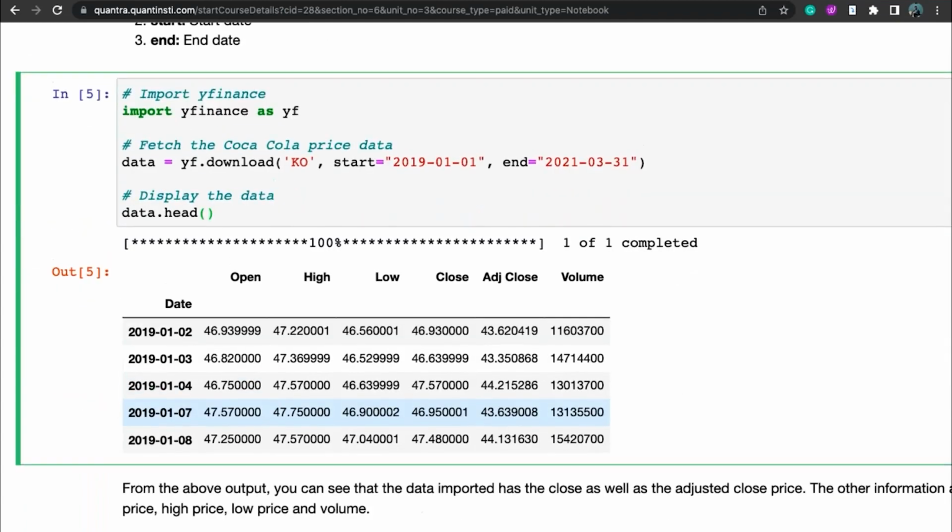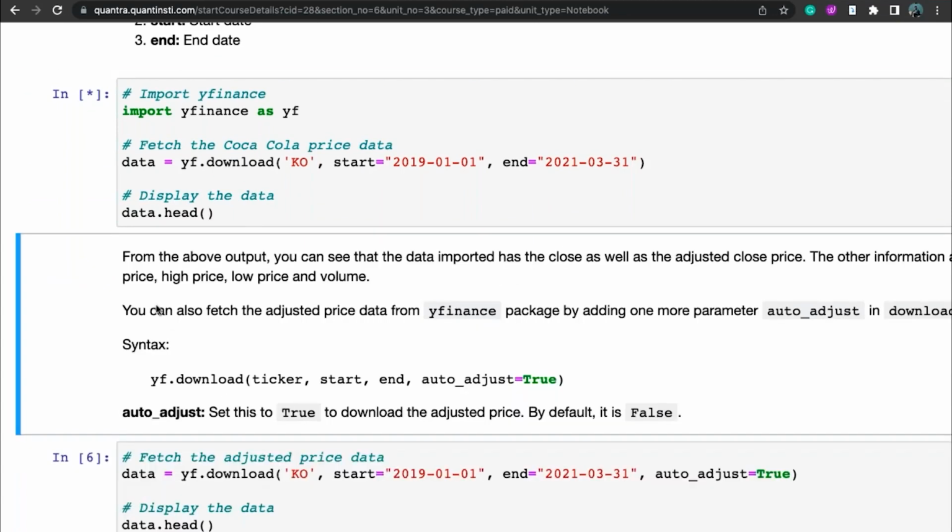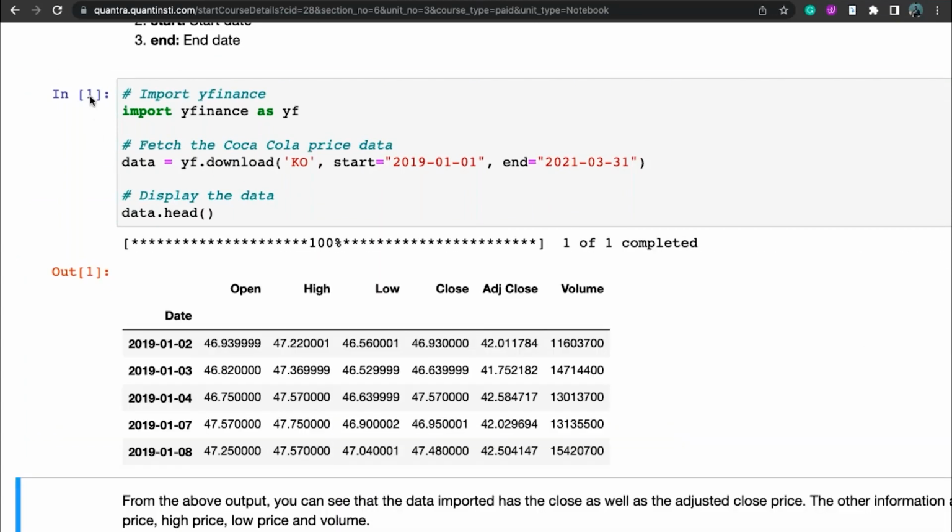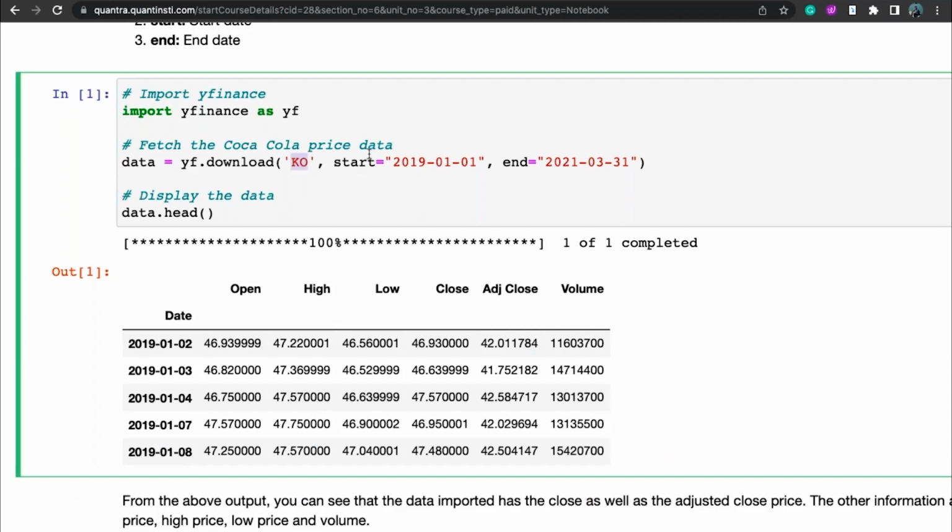To run this code, you simply have to press shift and enter. You will see a star mark while the code is executing, and once the code is done executing, it will change to a number. Now what you can do is change the ticker of the symbol, and change the start date and end date and see how the output changes. Change the ticker to your favorite stock or favorite